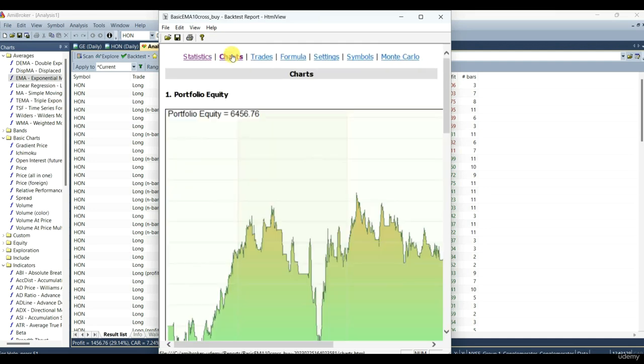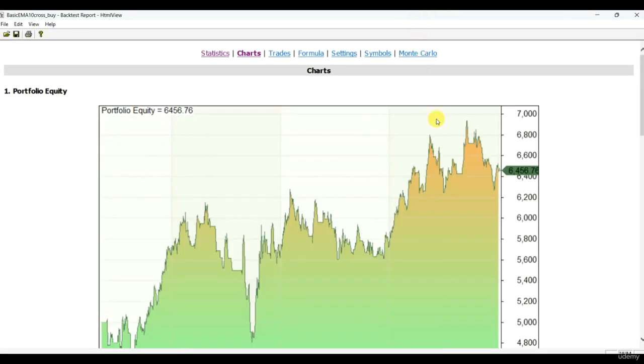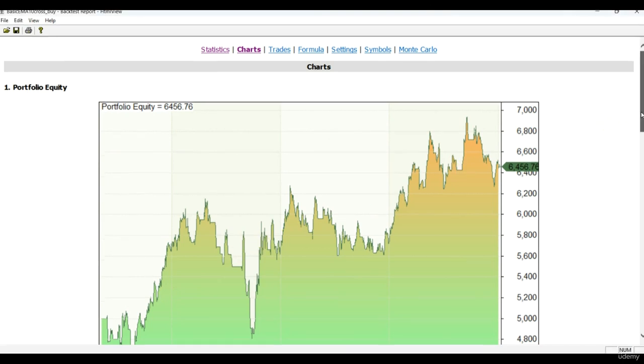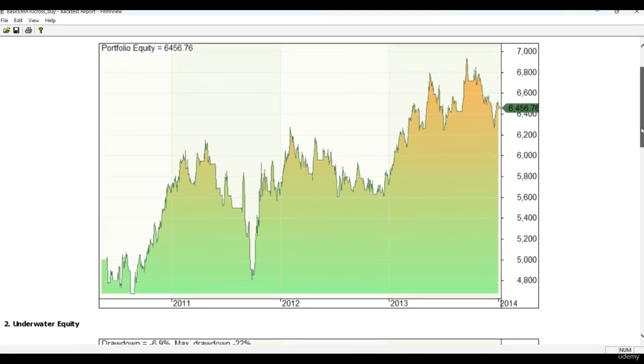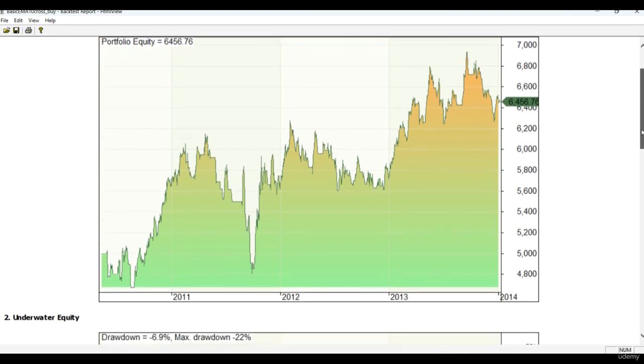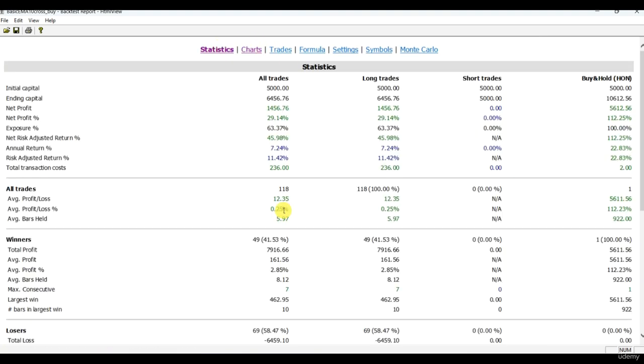Charts are also a very nice tool because we can finally see it visually. This is our equity during the whole trading period, so from the day one to the last day. The inclination is nice, it's going up, but what is this? It's huge. This is the drawdown, right? From this top to this bottom. That is this drawdown of